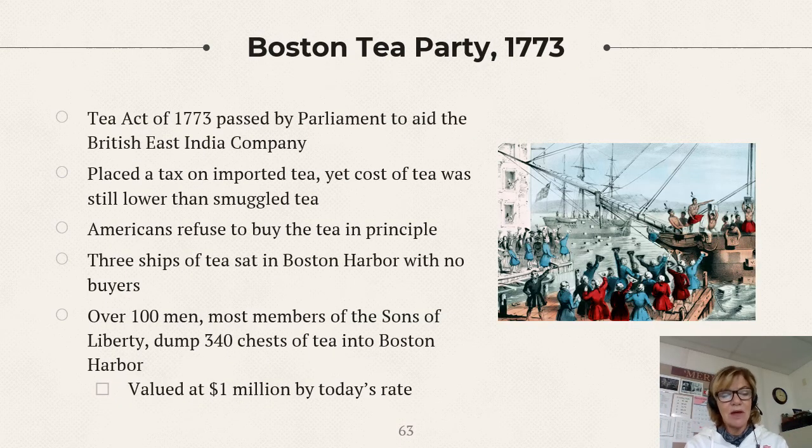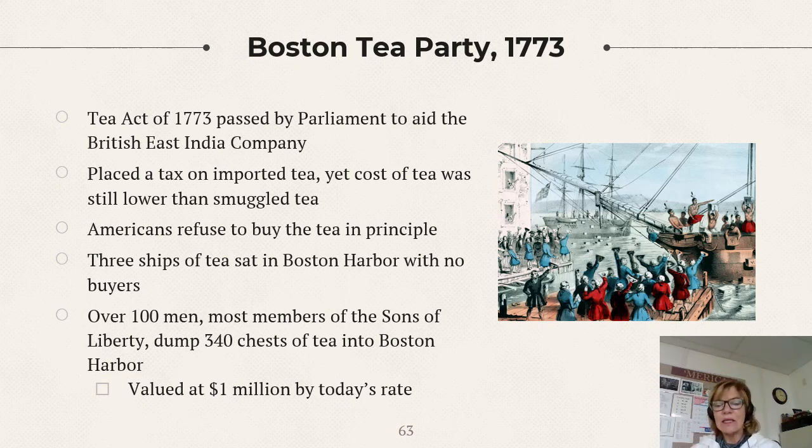And then we get the Boston Tea Party, right? So they imposed this tax on tea. It wasn't a big deal, right? There wasn't that much money, but it was passed by Parliament to help out the British East India Company. So they had all of this tea. Now, if a colonist wanted to have tea and they imported it from the Dutch and smuggled it, that would have been expensive. This tea was cheap, but for Americans, it was the principle. It was no taxation without representation.